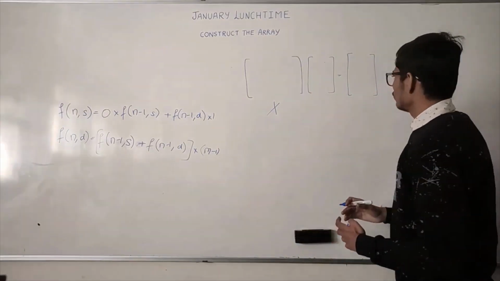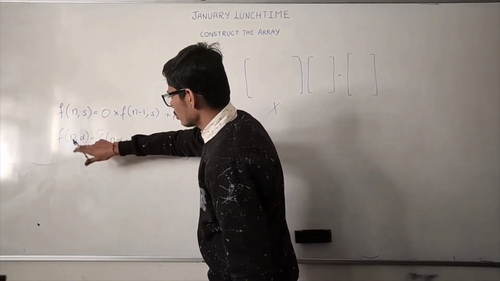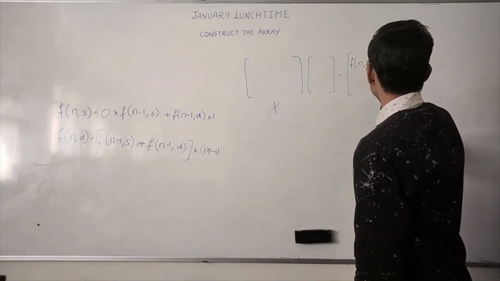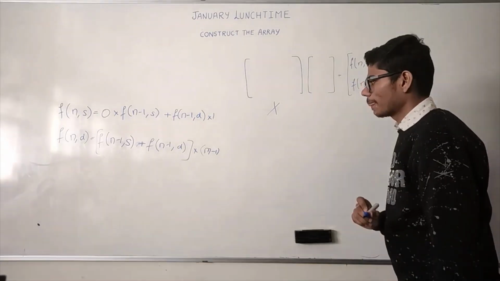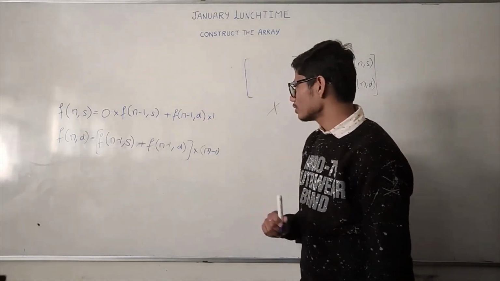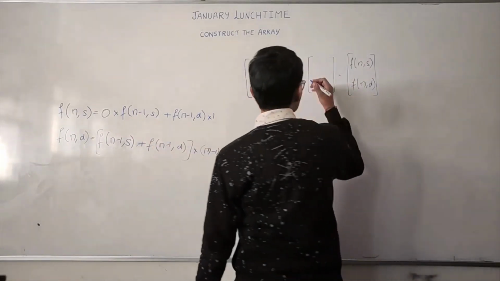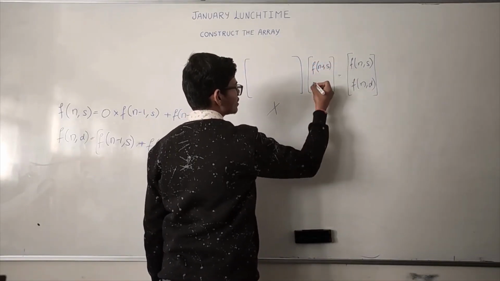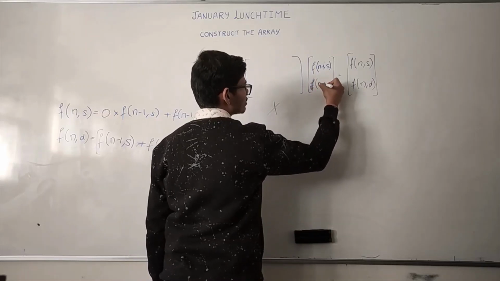In this algorithm, we will first define what we want to achieve. We want to calculate these two terms, f of n comma s and f of n comma d. So we will write it in RHS, f of n comma s and f of n comma d. And from the recurrence relation, we can see that we are deriving these two terms from these two general terms. So we can say that we are going to calculate these two terms from f of n minus 1 comma s and f of n minus 1 comma d.